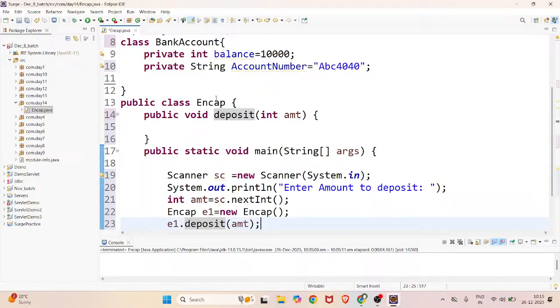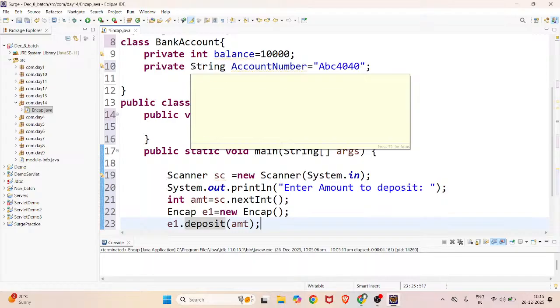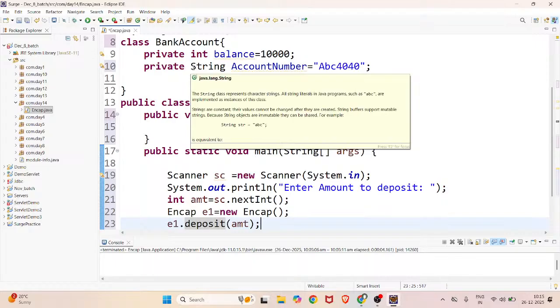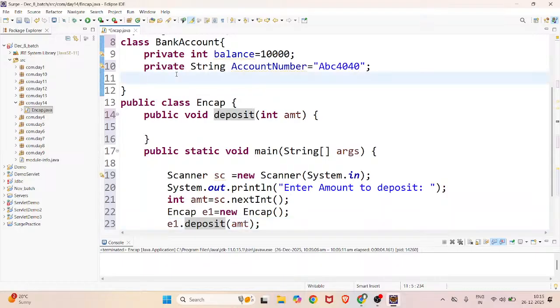Why? Because private has scope only in the class itself. That means if I want to access the variable or update the variable, I can do it within the class only. So whatever operations I have to perform, I can do in the class only. For that I have getters and setters. Simply I can create one function here. That function is public. Suppose I want to get it, right? Suppose I want to set, which means updating the balance. So for that, public void